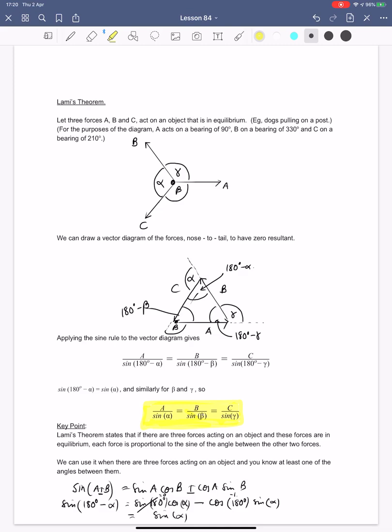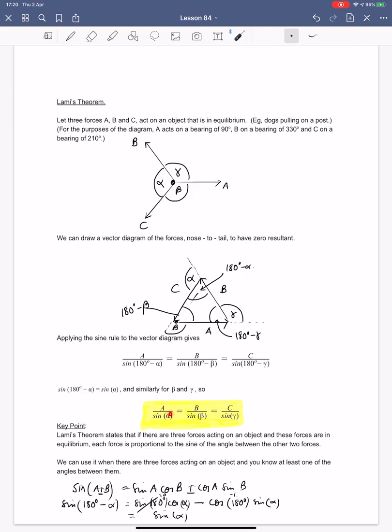So Lamy's theorem states that if there are three forces acting on an object and these forces are in equilibrium, each force is proportional to the sine of the angle between the other two forces. So let's talk about that then. So here,